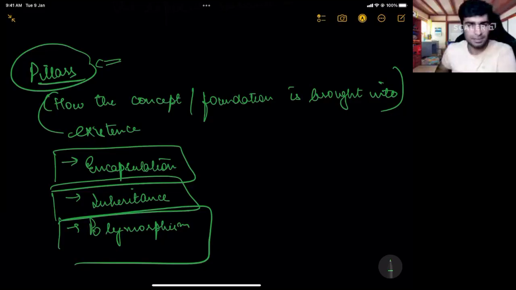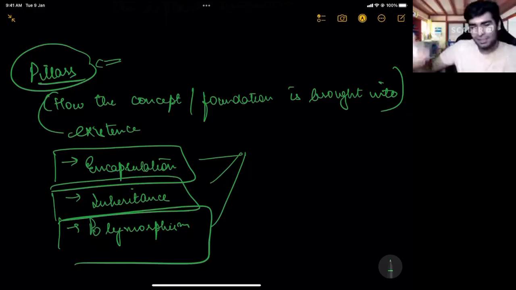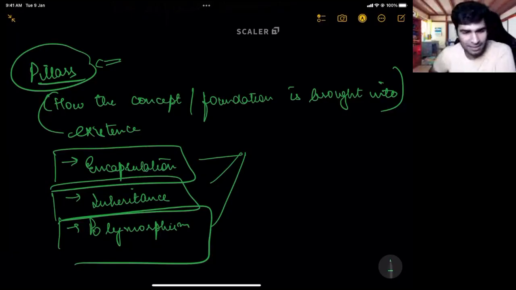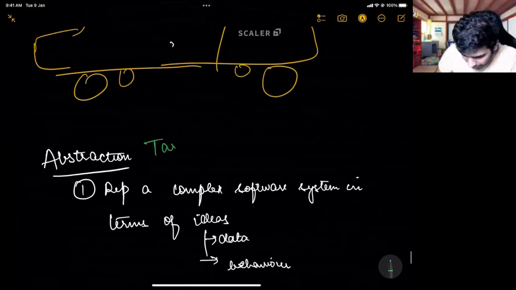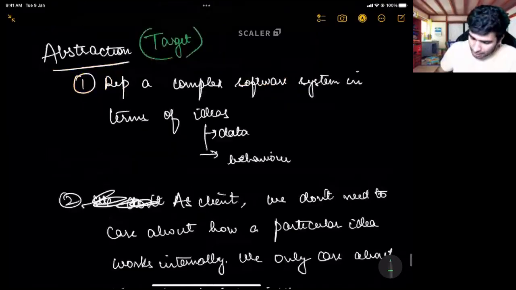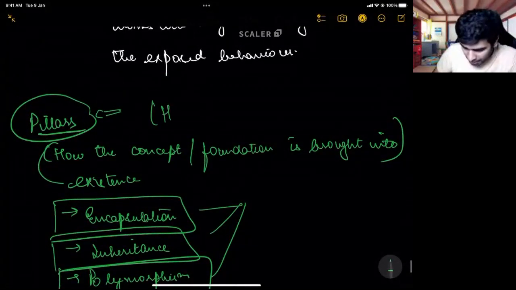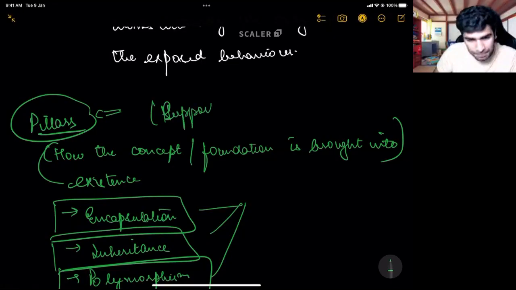Is that making sense? So I will bring abstraction into practice by having encapsulation, inheritance, and polymorphism. So for example, Anshuman says, I will try to build the next Stanford by having a lot of instructors, a lot of career team, etc. Is that making sense? Yes, Ishika, you are absolutely correct. Abstraction is the target that you want to achieve, and this is how you will achieve the target. Pillars are support to achieve the target.